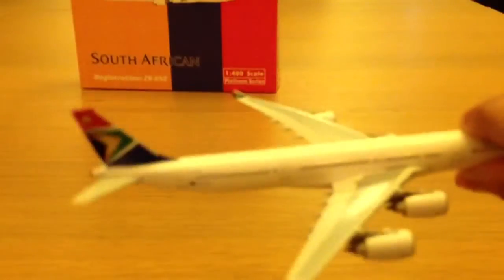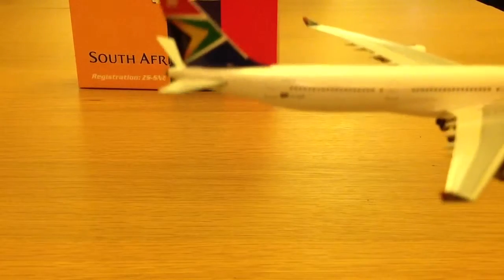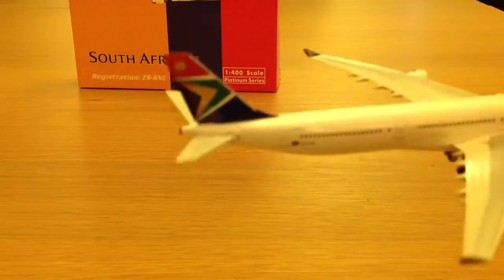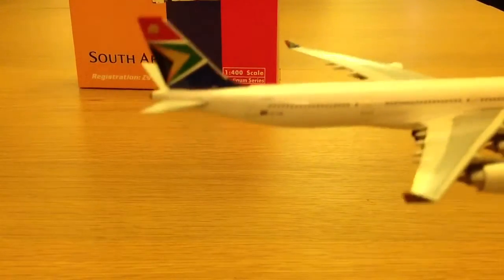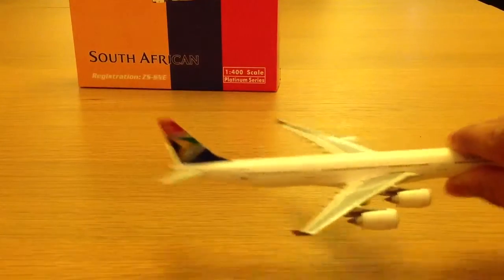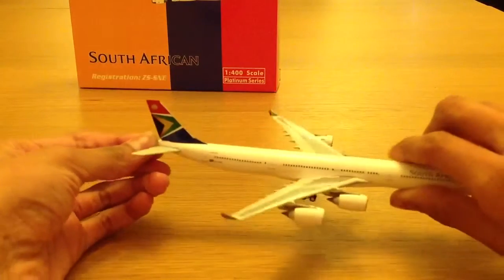So this aircraft is quite basic livery-wise, but that's probably one of the reasons why I like South African Airways, because the tail, their flag, speaks for itself in a way. If anyone sees this tail, they'll recognize that it's South African Airways. So I think that's a fantastic job that South African Airways have done with their livery,